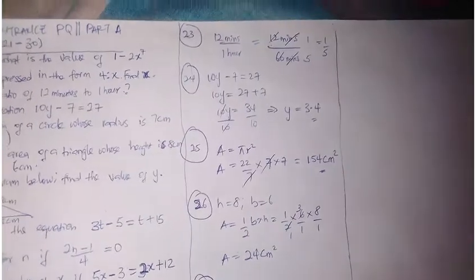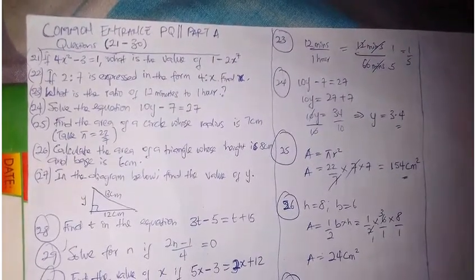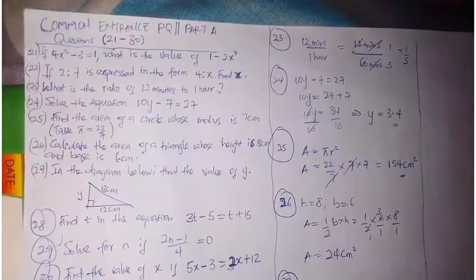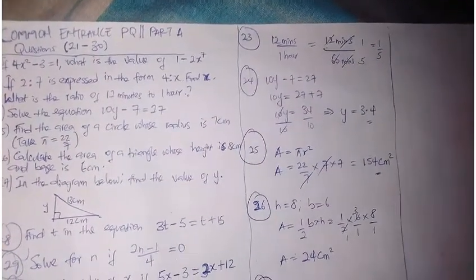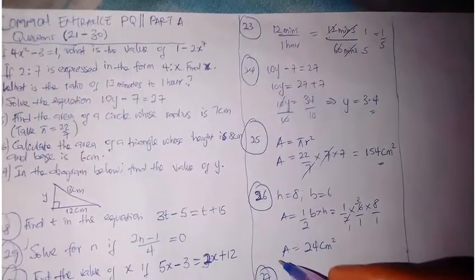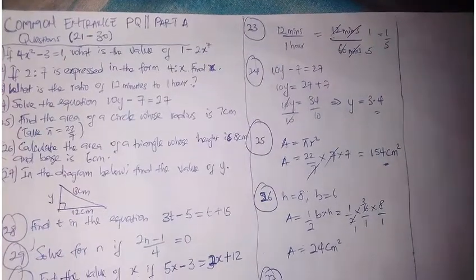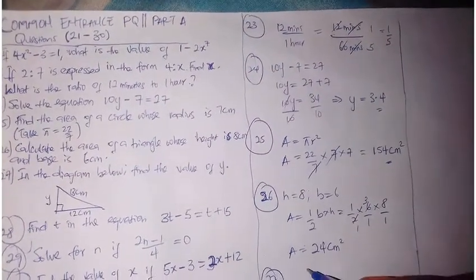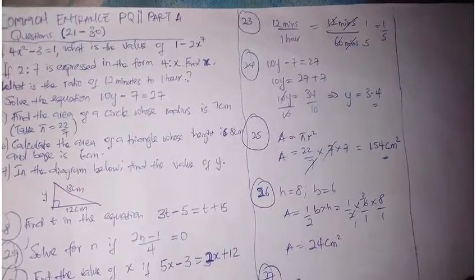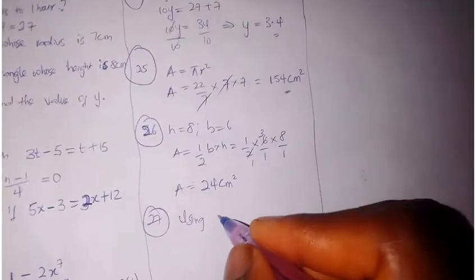Question 27 says, in the diagram below, find the value of y. Now, you cannot even see a basic 5 solving this kind of question, because this is literally for someone in GSS 1, GSS 2. So in this case, how will I get y? This is Pythagoras theorem. So I will say, using Pythagoras theorem,